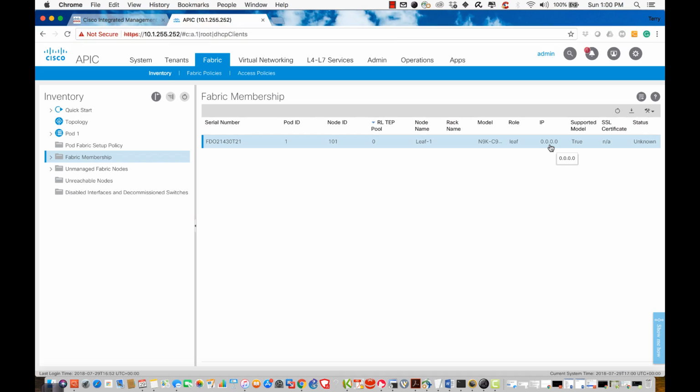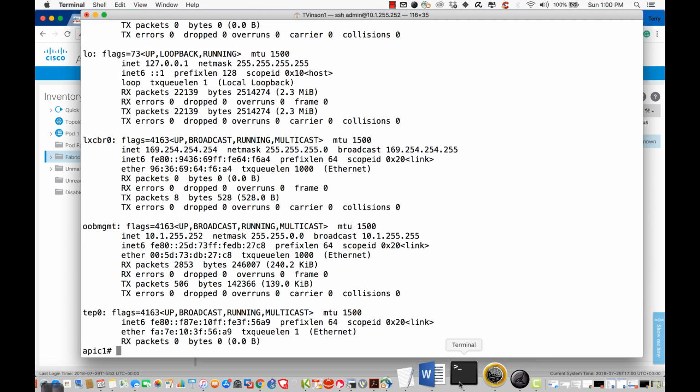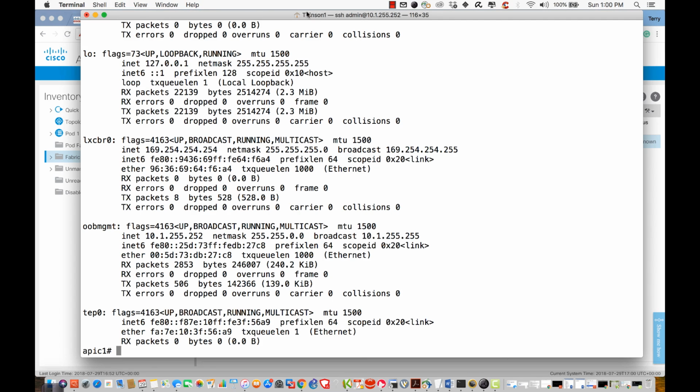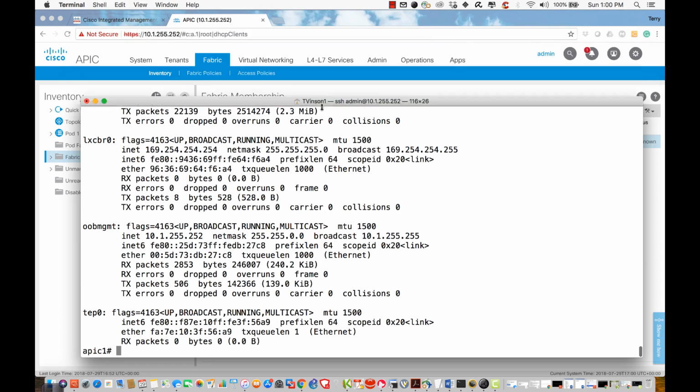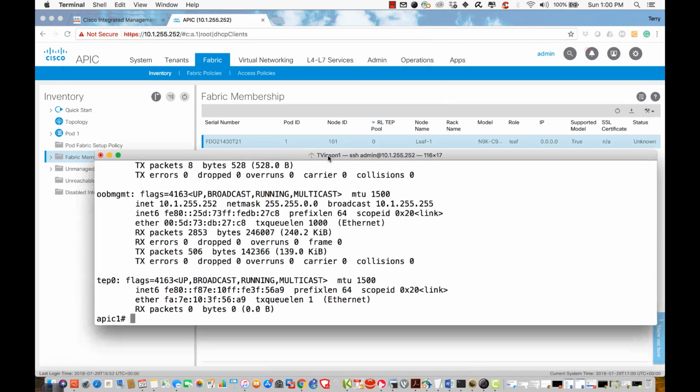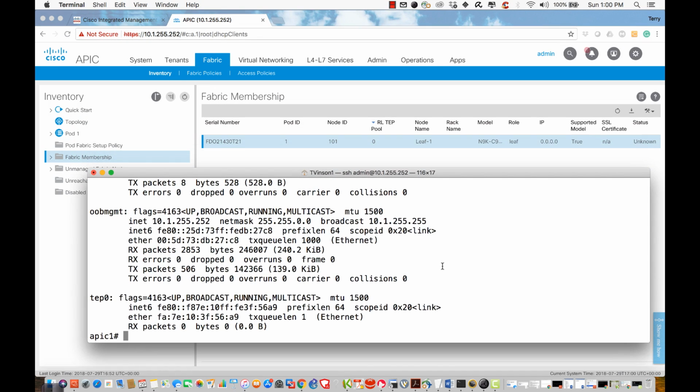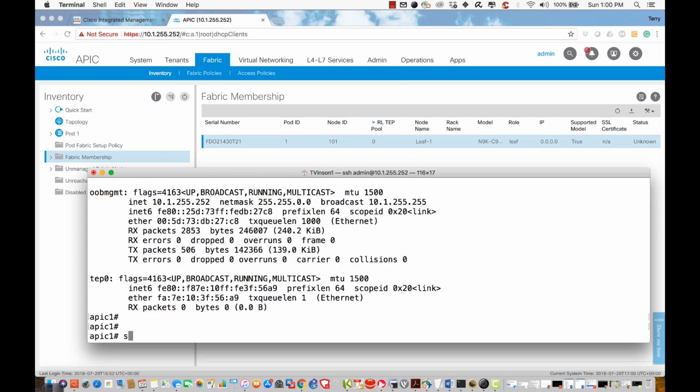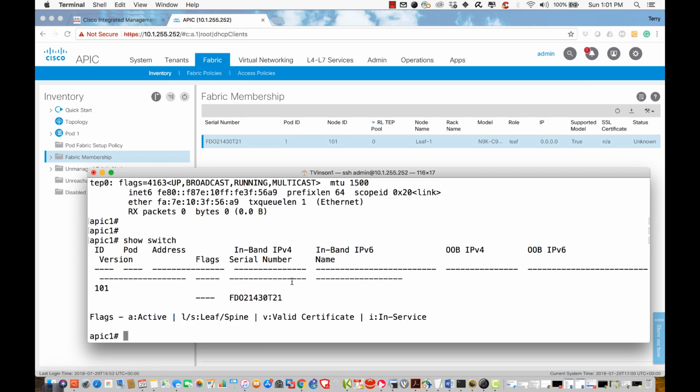Now I'm basically waiting for this thing to appear, and while I'm waiting, I'm going to go ahead and grab my SSH session to my APIC. And what I want to do is see if I can see things changing. So what I'm going to do now is say show switch. And what we should see here is it does indeed see a switch. We gave it a name of 101,